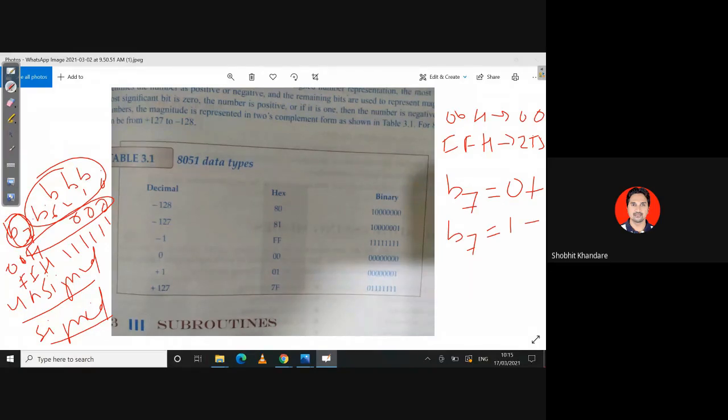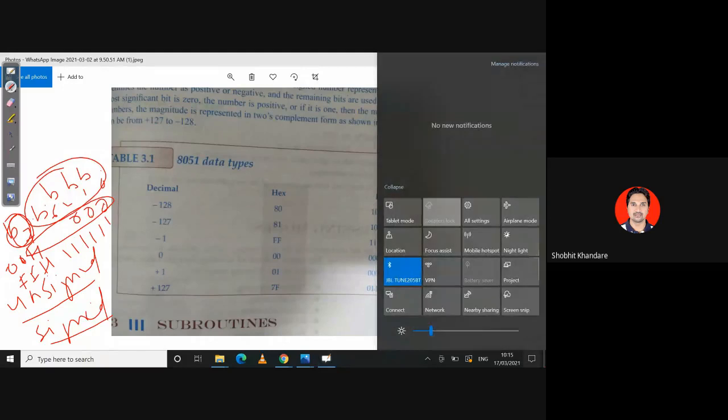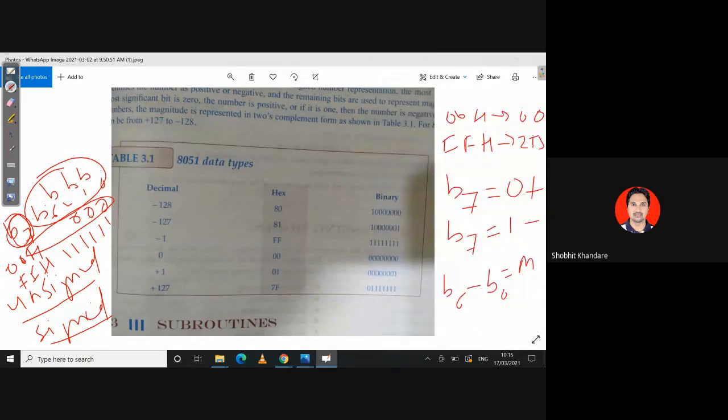So can I say, in this B0 to B7, your MSB bit will give you the sign of that number, whether positive or negative, that is B7 or the MSB bit, and the rest of the bits, from B0 to B6, will give you the magnitude. Now this is the case for signed.